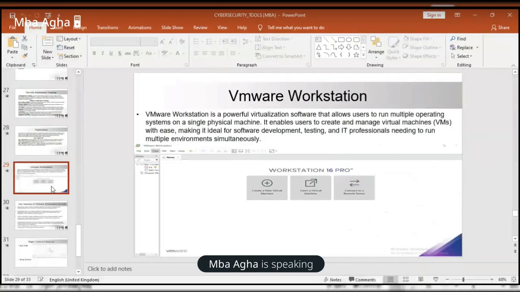So the next we will look at is VMware Workstation. Yes, this VMware Workstation makes life easier. In fact, with VMware, you can comfortably run